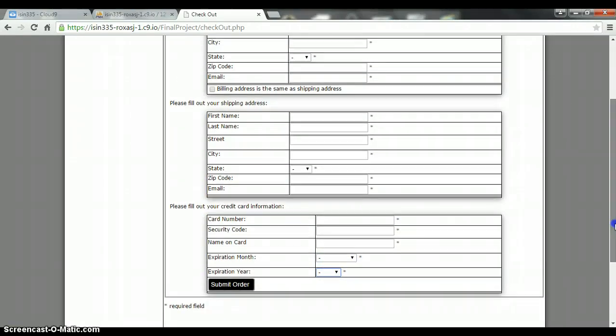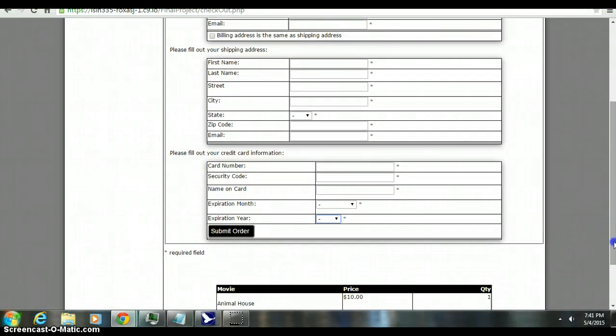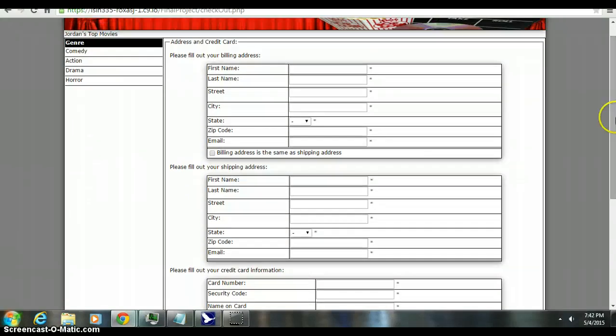And now when I submit order, right here, I'm not really saving orders because I didn't create an orders table. The way this page would work though is by the user filling in all the required fields here and hitting submit order, and it would validate all the input and it would save it to a database. Okay, now I'm going to